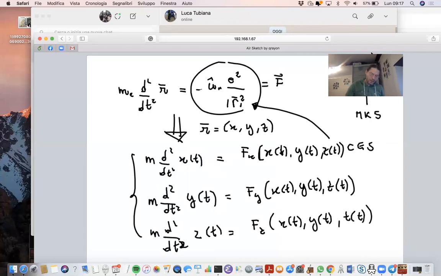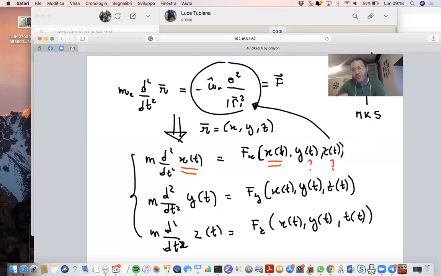So, as you can see, the problem is quite complicated because in order to understand the motion of an electron around the nucleus, you have to solve 3 differential equations. But these differential equations are pretty nasty because in order to solve the first one, you want to solve for the function x of t, you need y of t and z of t,